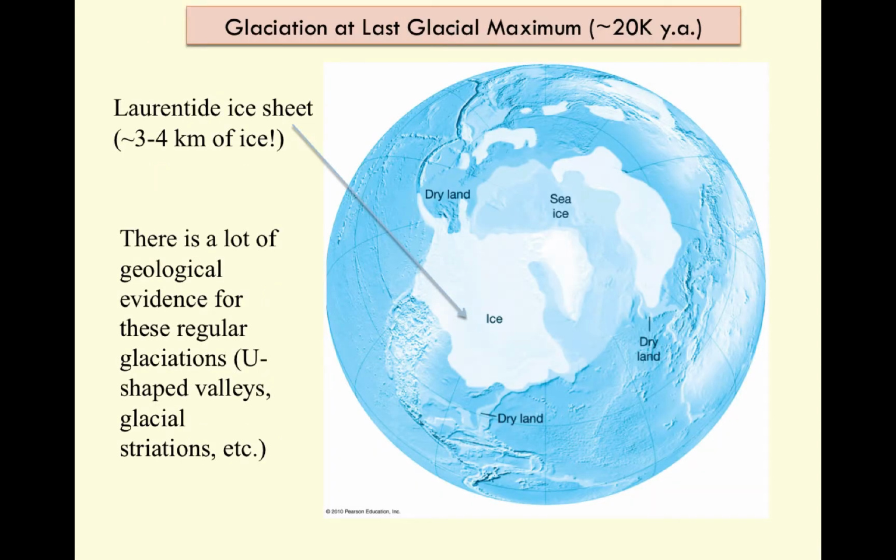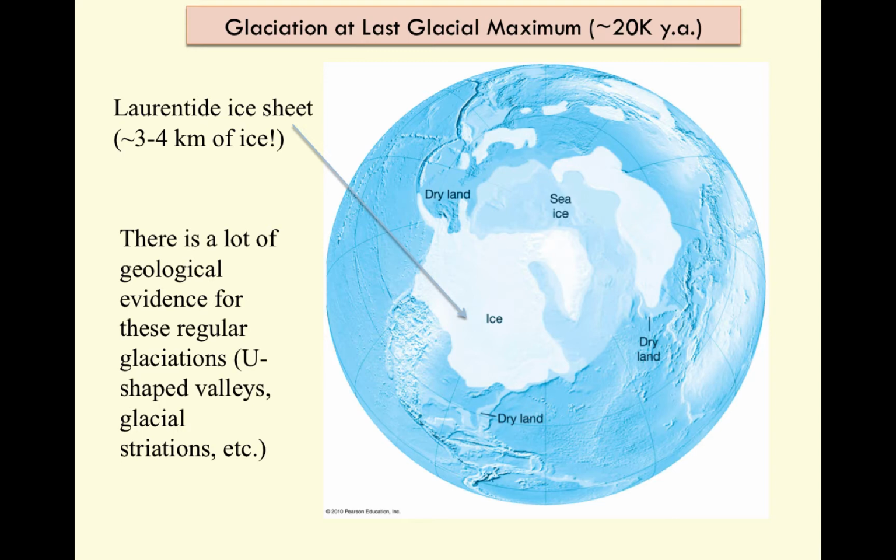Glaciers at the last glacial maximum 20,000 years ago. This is the Laurentide ice sheet, which is about 3 to 4 kilometers thick of ice, encompassing all the way down from Minnesota, Wisconsin, its furthest extent at this period of time. So essentially during the Pleistocene, the last 2 million years, we've had this oscillation of ice caps growing down towards the mid-latitudes. That would be called a glacial period during that time, and then ice caps retreating back towards, say, the extent they are today, like Greenland and just Antarctica, so a minimum extent of ice called an interglacial.